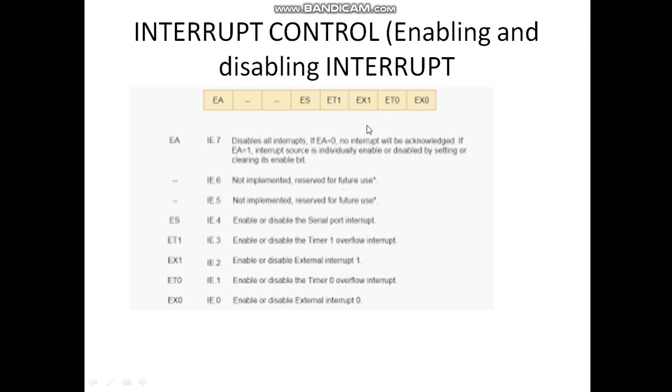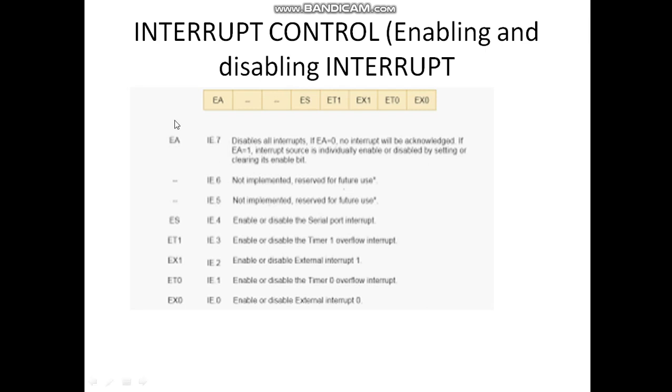The last bit is EX0, that is external interrupt 0. This is with reference to the INT0 pin of the microcontroller. If this bit is 1, then only the INT0 pin gets enabled, or else it is disabled.